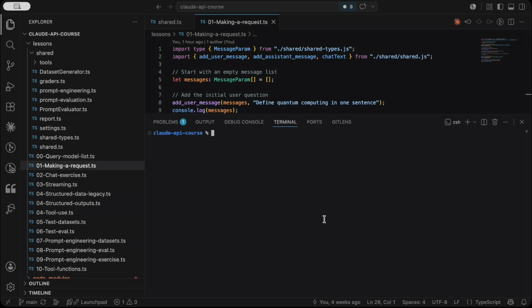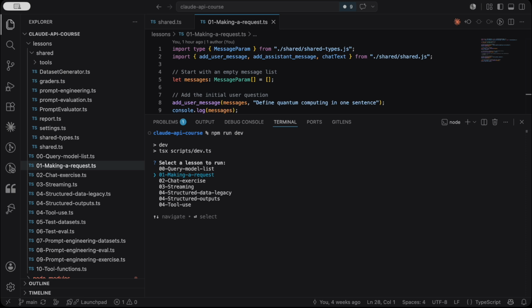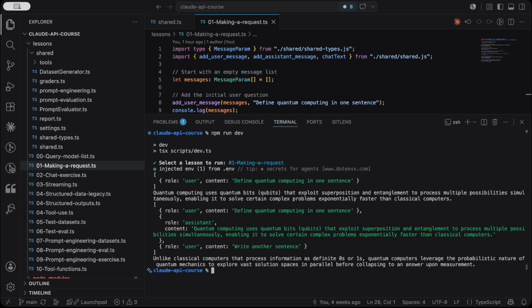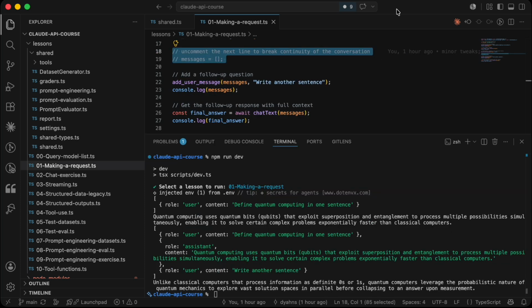Run the npm run dev command in the terminal, select this lesson, and you should see our messages array followed by Claude's response printed out at each step. The answer to write another sentence will reference the quantum computing definitions from the first turn. That's the conversation history doing its job. Otherwise, the response would be completely unrelated. If you want to see that, uncomment the line resetting the message array and rerun the lesson.